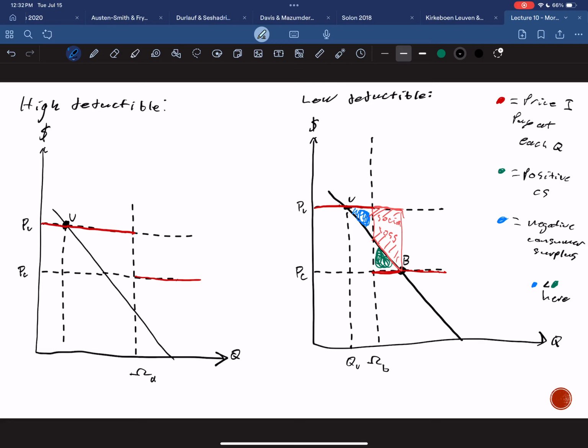But again, without the deductible at all, and you can't see that, the social loss would have been this whole triangle, right? So without any deductible, the social loss would have been that whole triangle. The deductible cuts off a piece. The deductible cuts off the amount of consumer surplus the person is losing from the transaction and makes it so the social loss is just this trapezoid here. So deductibles can be paired with both coinsurance and copayments to reduce social loss.